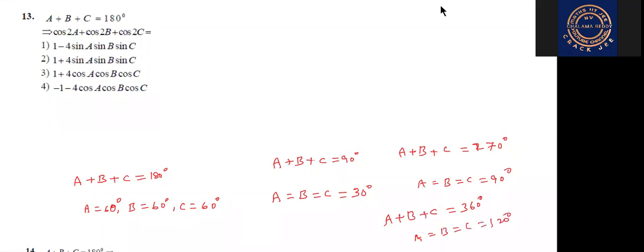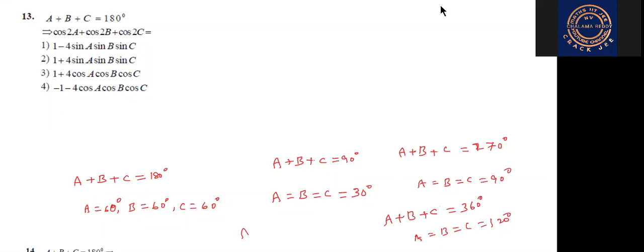Suppose A plus B plus C is 120 degrees. Or 90 degrees completed, now 180, go to 270. Each angle is how much? 270 divided by 3. Each angle is how much, students? 90 degrees. Okay. If A plus B plus C is 360 degrees given, 360 divided by 3, each angle is how much? 120 degrees. Students, have you understood?